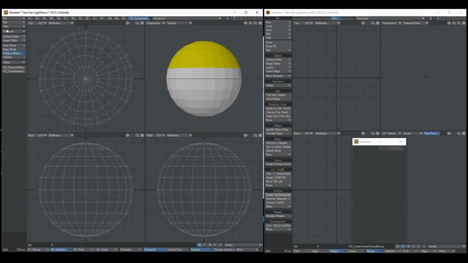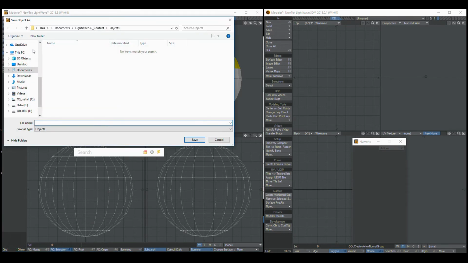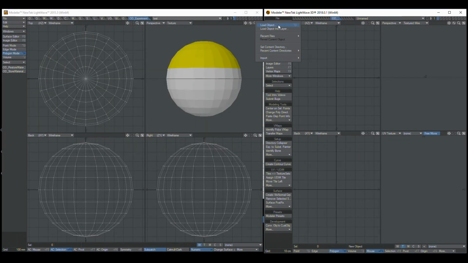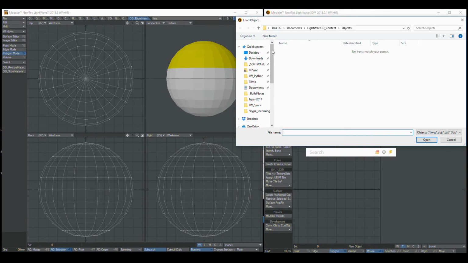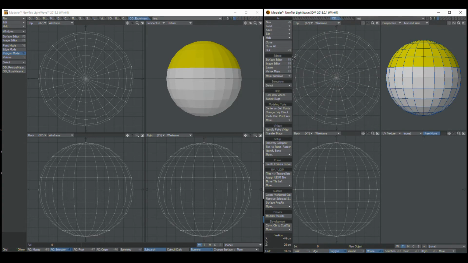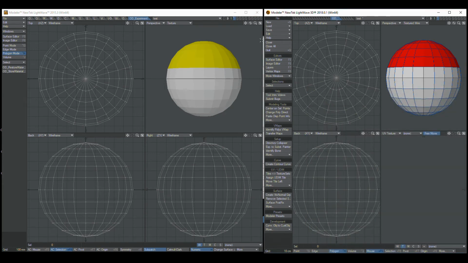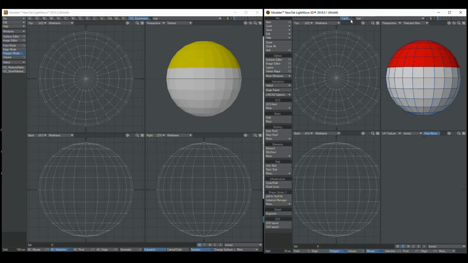And you can save this now. So we'll save this object, and we will bring that into 2018. And you can see 2018 tried to maintain the surface, and that's all nice and dandy. But let's say we change the surface in here. And changing the surface, I'm literally talking, you could add nodes to it. You can make it an Octane setup, whatever it is. And if we in here, if I find the tab,